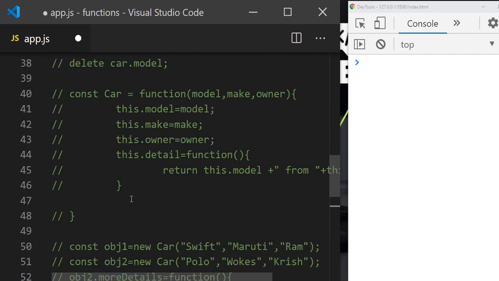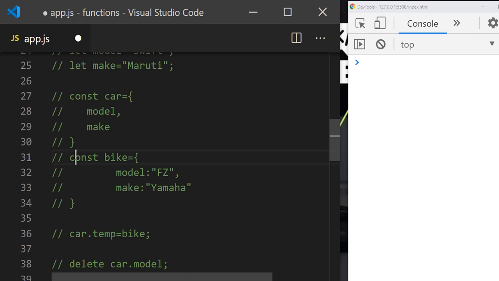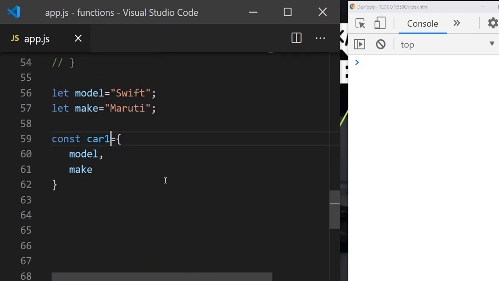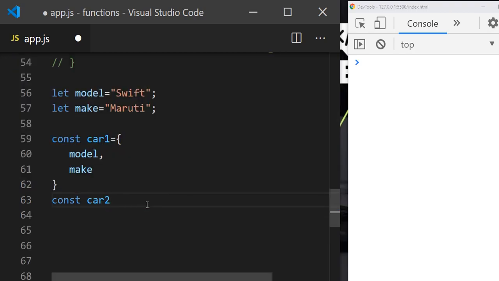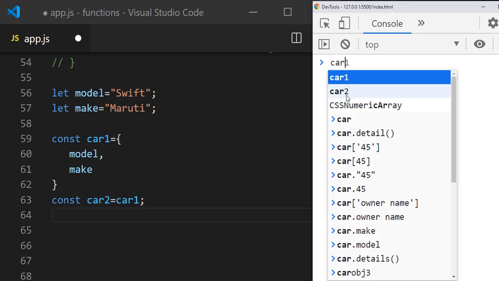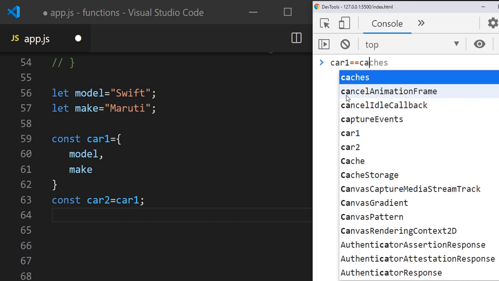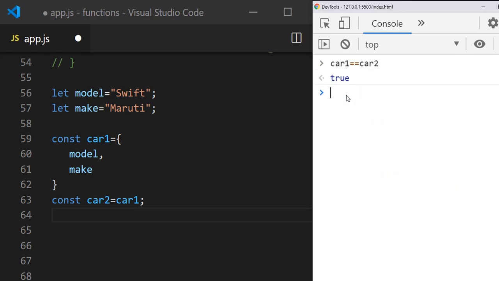So we have created the car object here. So what I do, I just copy paste here. I want to create another object out of another object using this car1. So how to do that? const car2 equal to car1, because the cars will have the same properties, we can reuse. I don't want to create car2 again with model, make and so on. I just want to use this car1 and copy it to car2. Now car1 and car2 are both similar and both are equal. car1 equal to car2: true.